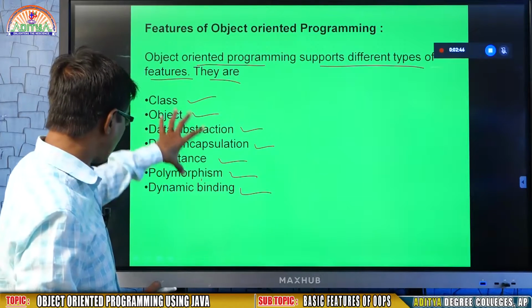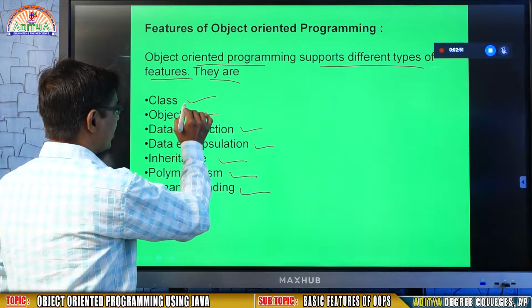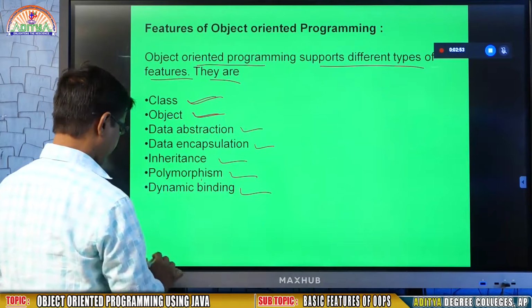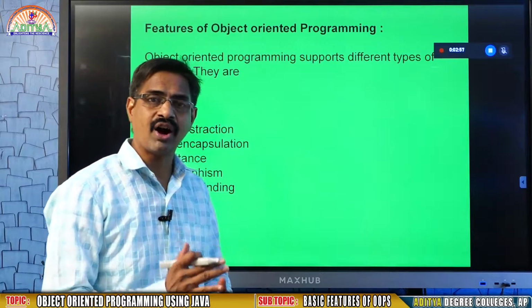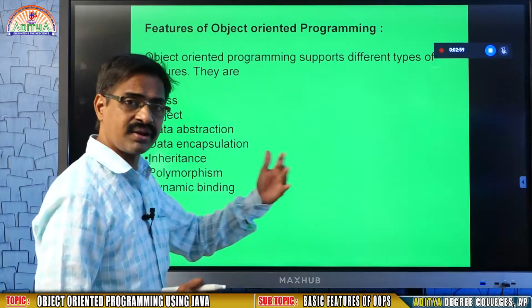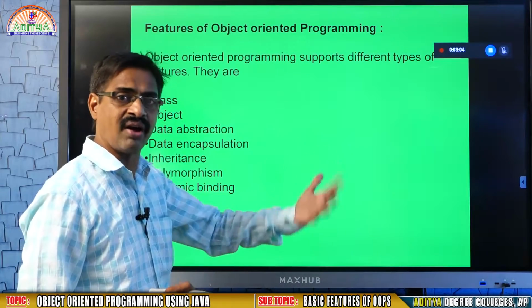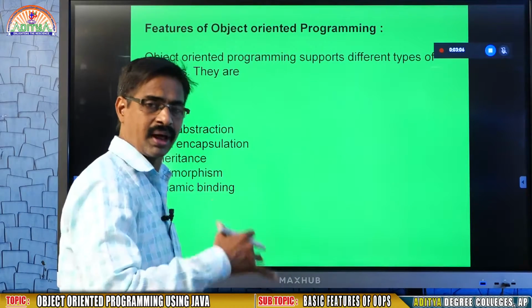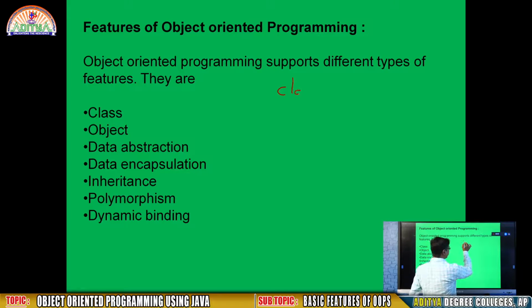So among all, the very first fundamental concept is class and object. What is meant by class and what is meant by object? In the beginning days in Java, or in the previous classes, I gave the class program like this. Every Java program starts with a class name.